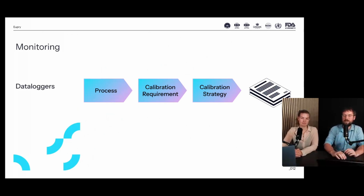Another major part we see is related to calibration points. So which calibration points should be monitored? And this is yet another example of, let's say, 2 to 8 degrees. We get the question, so I want a calibration between 2 and 8 degrees. Well, first of all, you know that the calibration requirements are often that you need 3 points. Okay, then we need 2, 5, and 8 degrees. Yeah. Good example. Well, that's only valid because